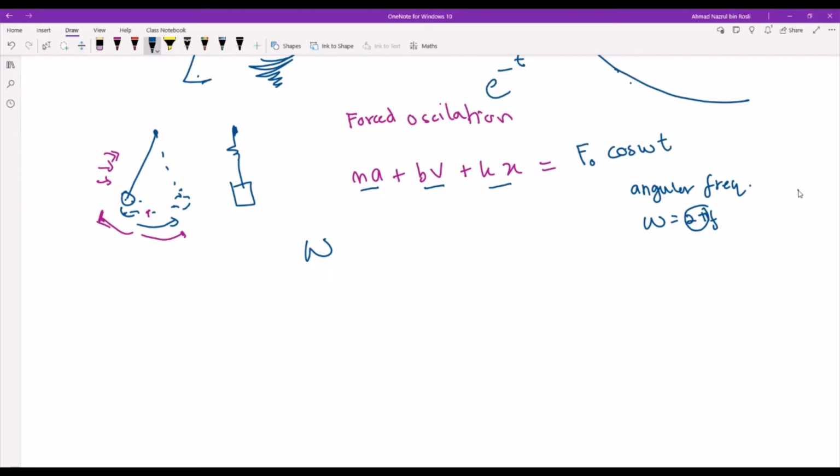So right now they have two different type omega. Example, mass spring system, they have omega naught here, and also here have omega naught for the pendulum. This one for the mass spring system, spring. So right now they have another omega, which is we call kalau macam tadi saya punya omega, okay, which is the frequency that given to the system itself. So my omega will be different. So this is the reason for our calculation. Saya tak tunjuk calculation lagi dah,